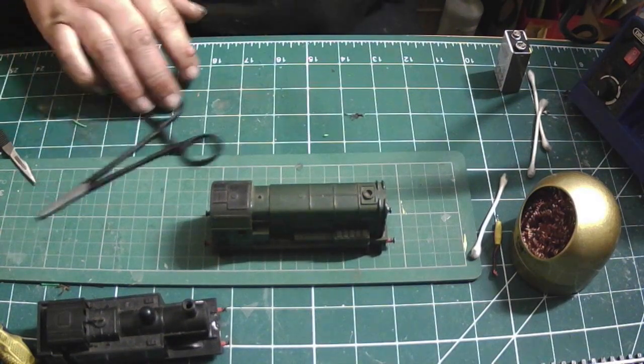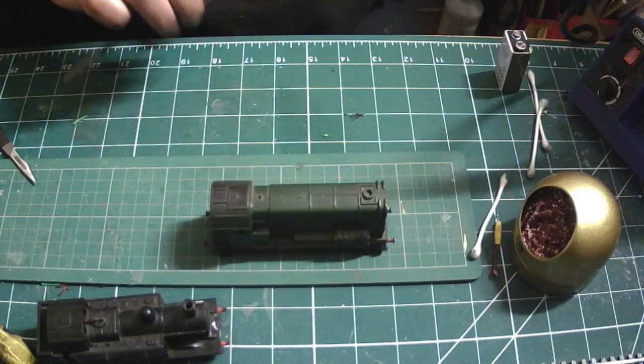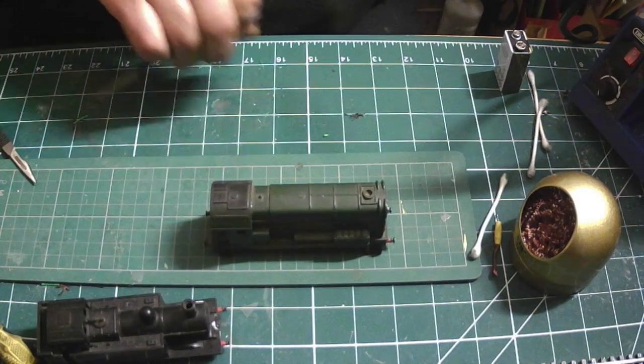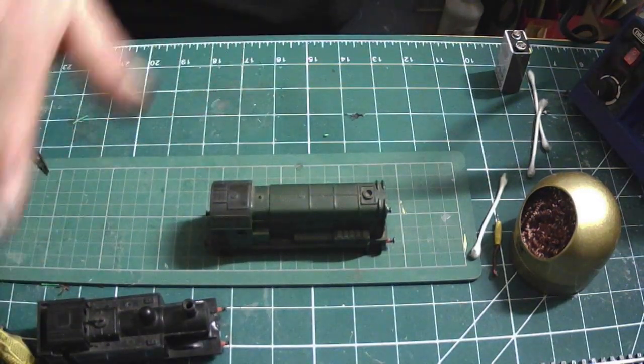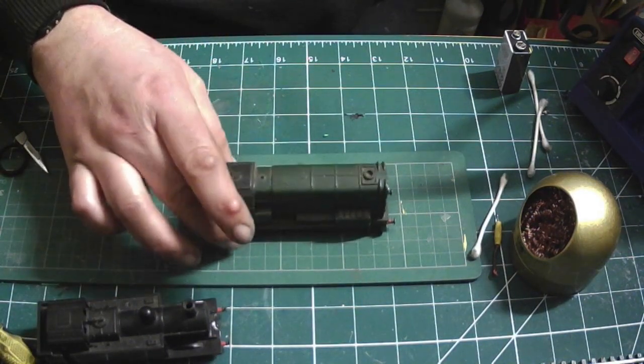Sometimes it won't be an engineer, sometimes it will be what is called a pilotsman or a banksman. And they were basically a train driver, but it wouldn't be like a mainline train driver. They wouldn't drive the Deltics or the Westerns or the DMUs. They would just drive a little shunter,